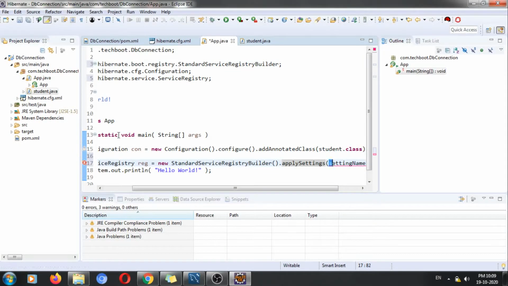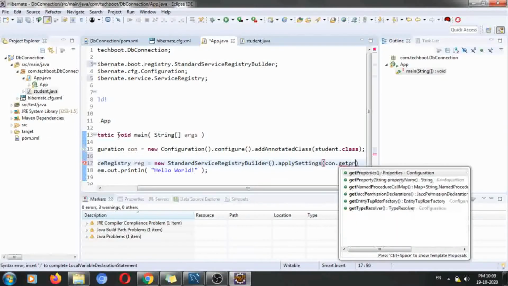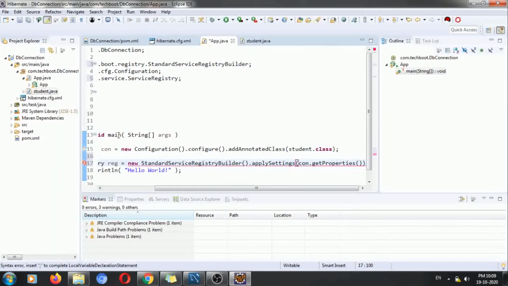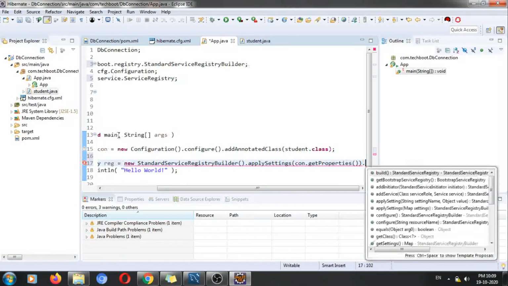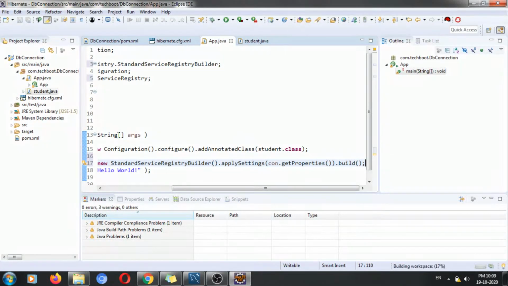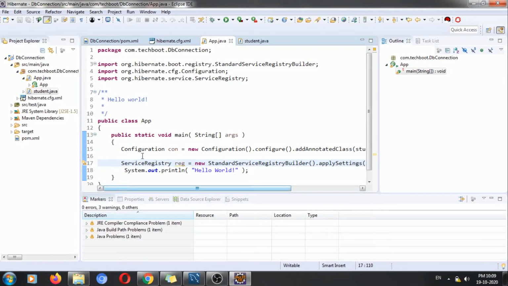Here we need to provide the configuration details, so con dot getProperties. Fine. Then the next one is dot build. By simply writing this much code, we'll get the registration of this particular class. So this is the service registry.